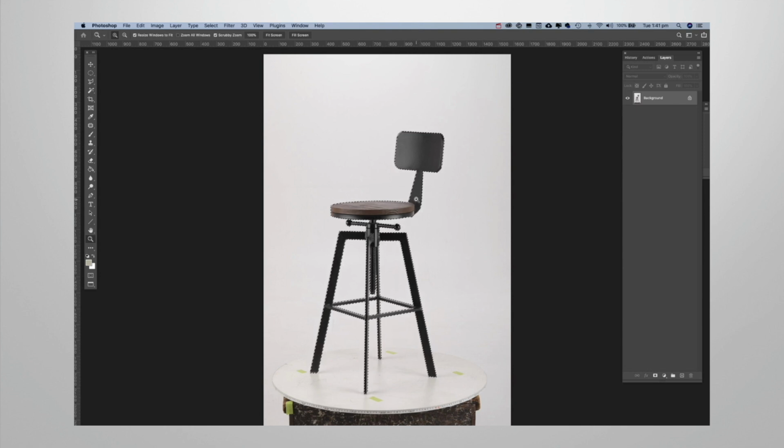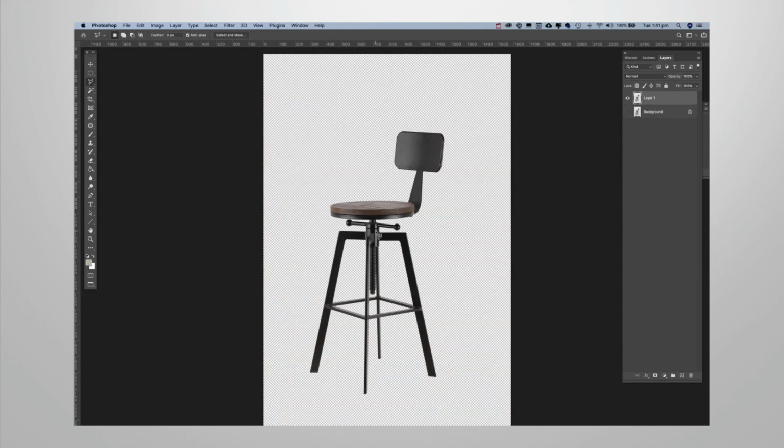I would then right click, layer via copy. So there's my layer. If I take my background off, there's my stool on its own. If I now create another layer underneath that one, and I'm going to push D to reset my swatches there, and